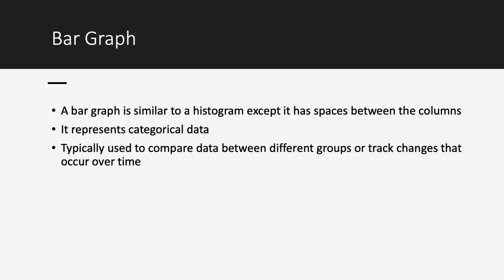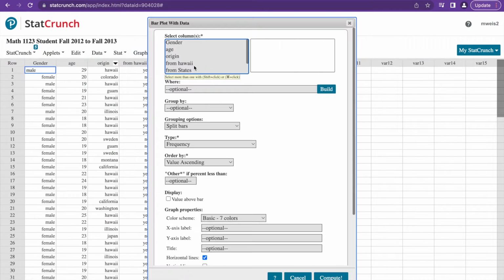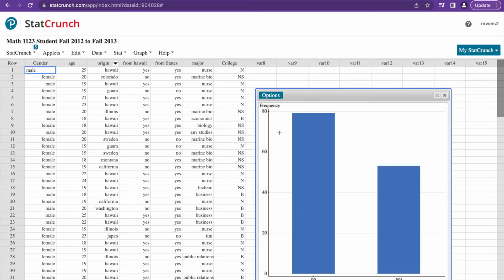A bar graph is similar to a histogram, except it has spaces between the columns and represents categorical data instead, typically used to compare data between different groups or track changes that occur over time. To create a bar graph on StatCrunch, we go to Graph, Bar Graph, select the column we'd like to use,